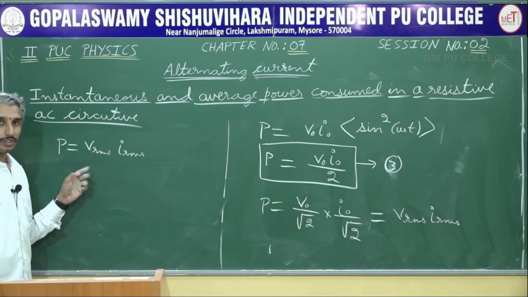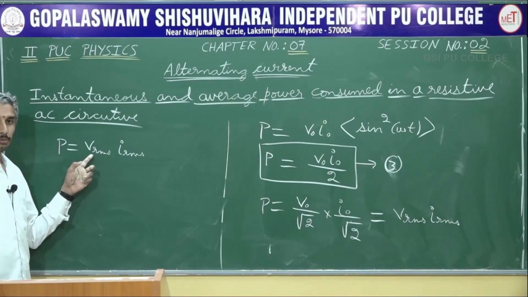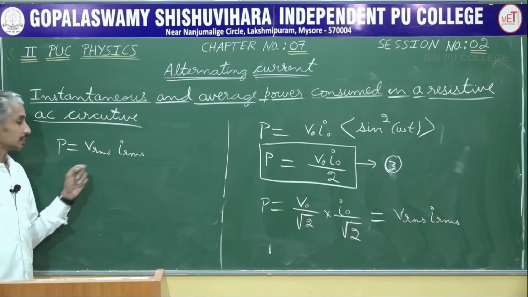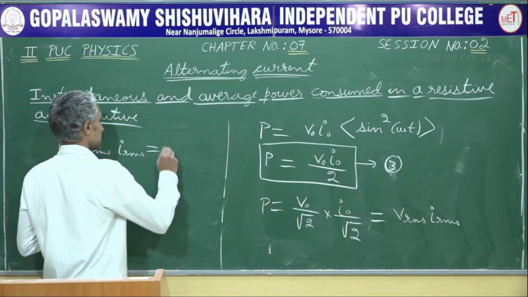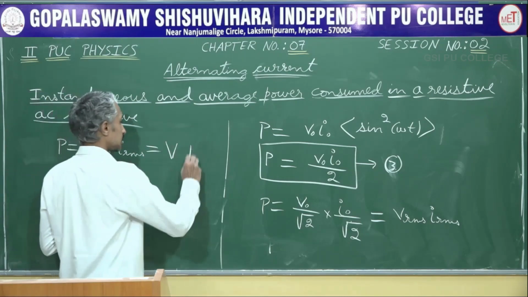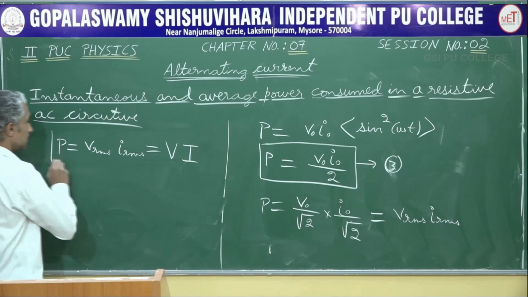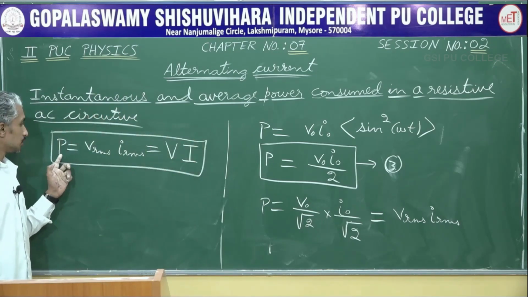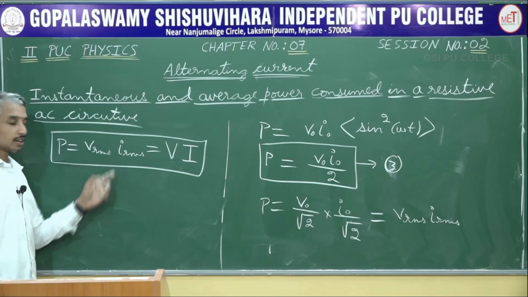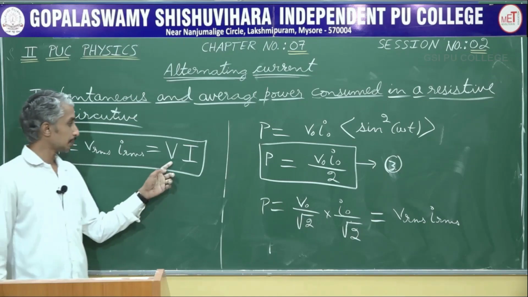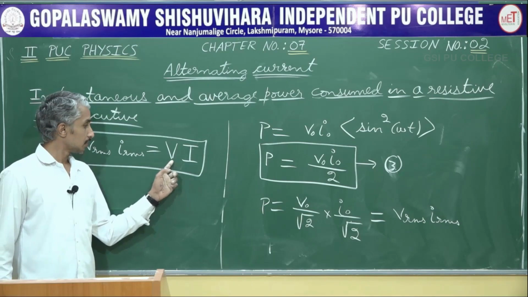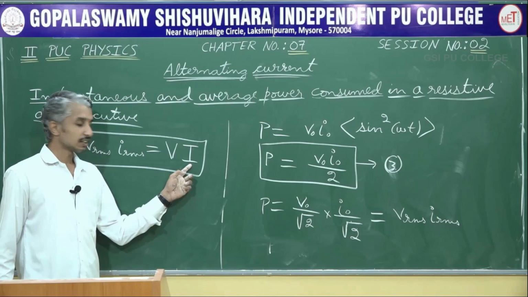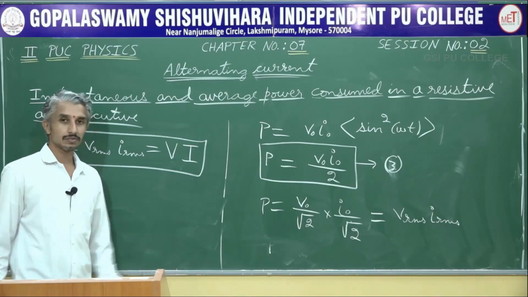In session 1, we had defined what is an RMS voltage. It was termed as the DC equivalent. So, DC voltage is represented by capital V, DC current by capital I. The average power is going to be equal to the RMS voltage into the RMS current. You can also represent it by capital V into capital I. Capital V here means the RMS of the AC voltage and capital I here means the RMS of the AC current.